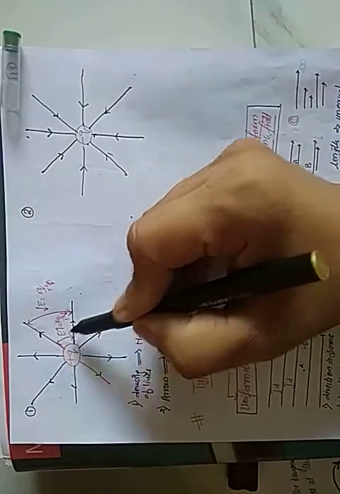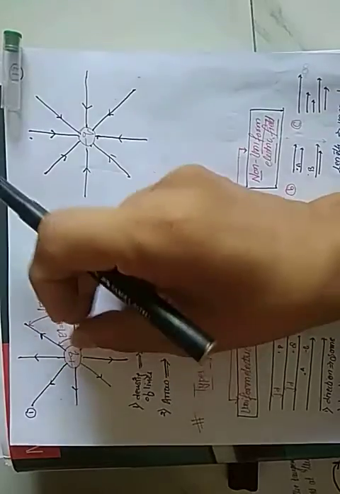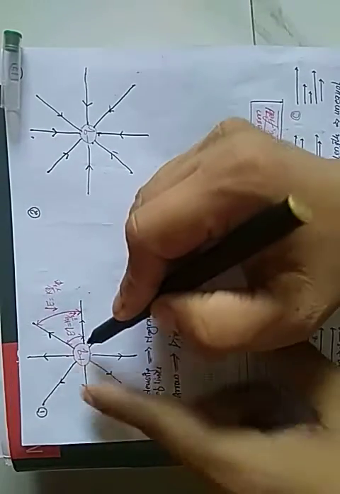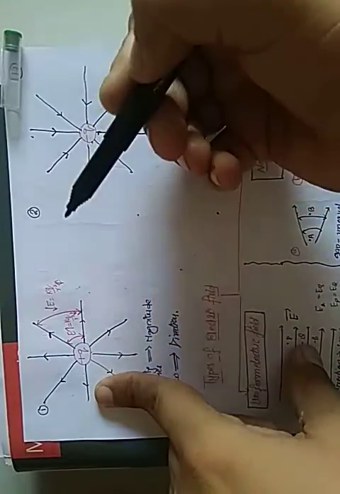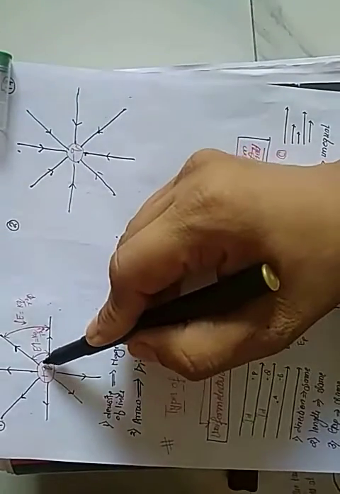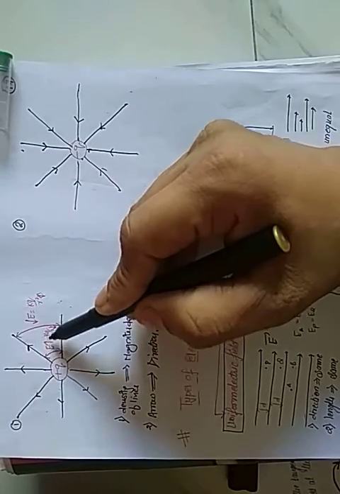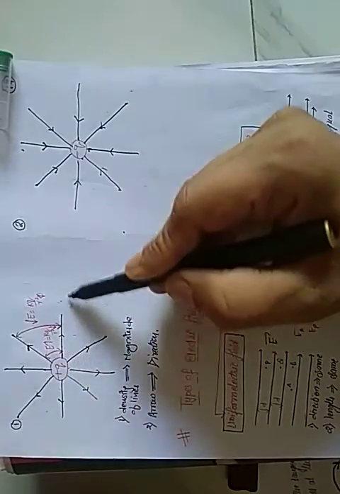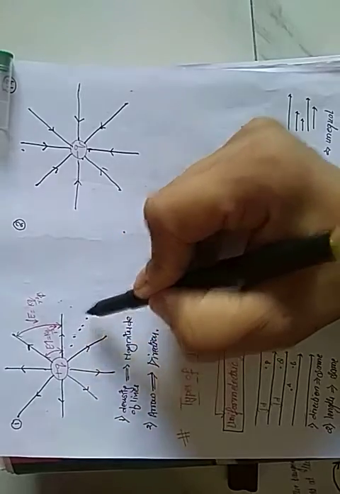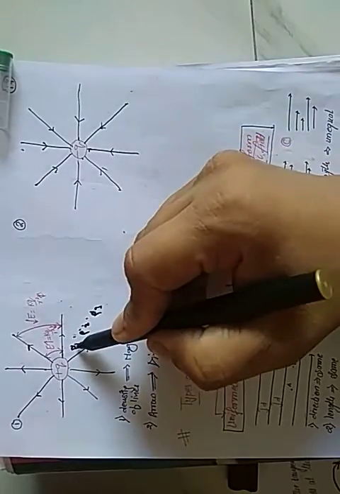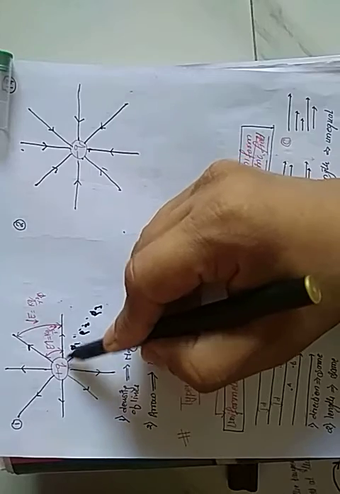Region near the charge, the field is strong because the distance is very minimum. As the distance increases, field decreases, because as we are moving away from the charge, field decreases. Similarly, as we are very close to the charge, field increases. As slowly we are moving away, at any point, point P1, point P2, point P3. At point P1 field is maximum because we are close.